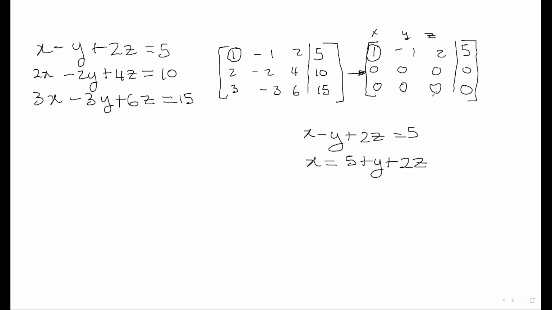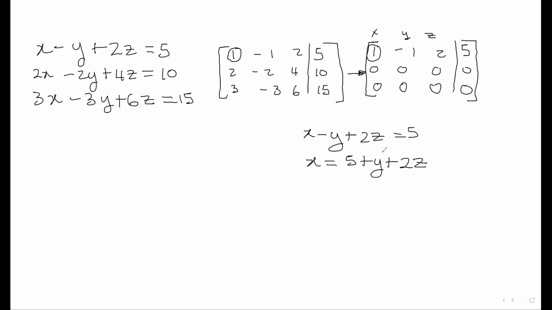Now, look, the difference, are you there? Yes. The difference between this one and the previous one: here we had a 0 and then we had a number, which is not true. But here we've got a 0 and a 0, which is true. So this system is consistent. It's true in nature. It's just that the format is like this. When the format is like this, it means we don't have one solution. We have many solutions. So we have infinitely many solutions because